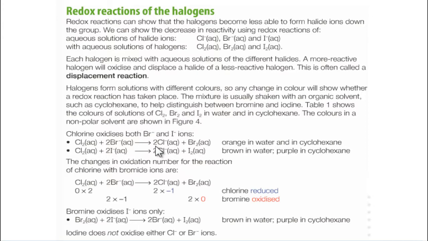some bromine, for example, like here, then it would displace the chlorine here and make the chlorine ions and the bromine here, but it only oxidizes I minus ions. So